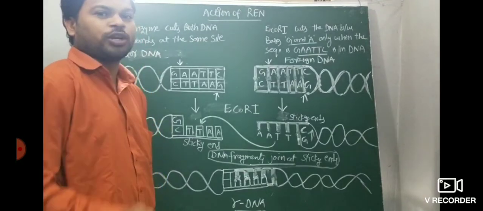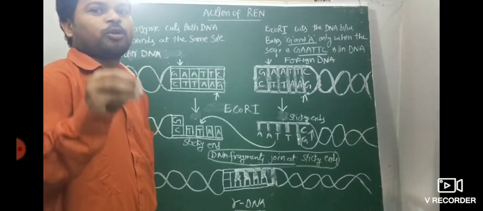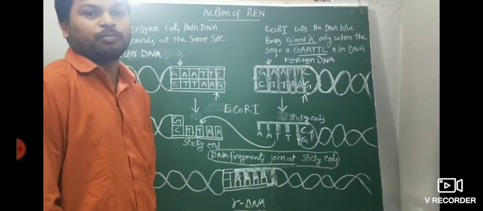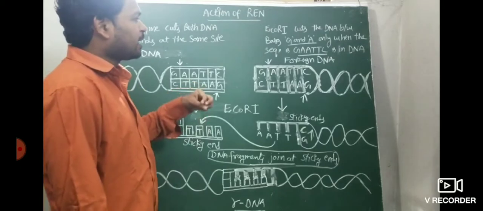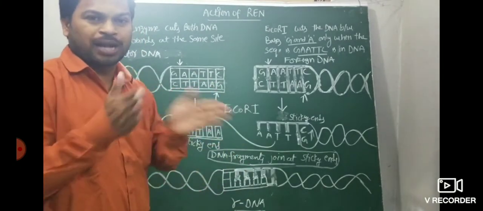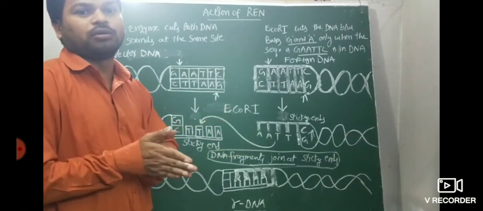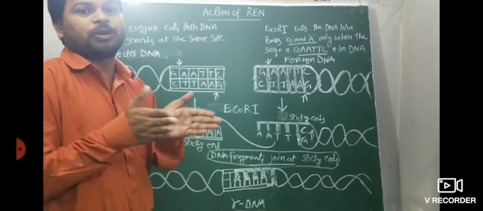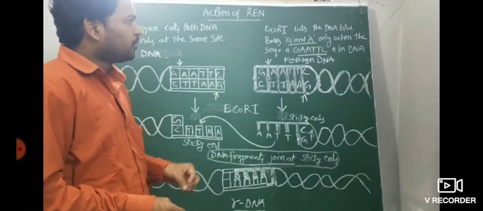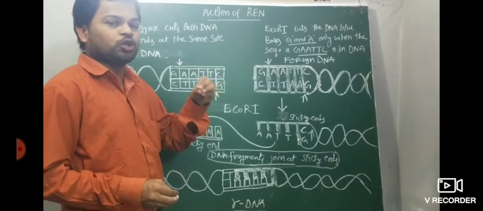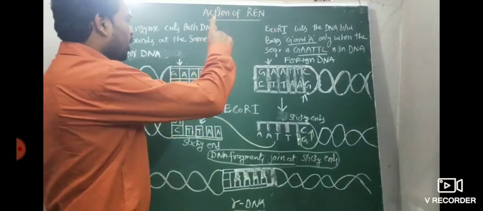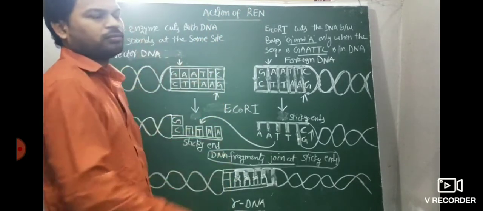Each restriction endonuclease enzyme recognizes palindromic sequences. That is very, very important. It recognizes the specific sequence to cut the DNA backbone, phosphate to sugar, at the specific positions. What enzyme is used to cut the desired gene or foreign DNA? The same restriction endonuclease enzyme is used to cut the vector DNA also.